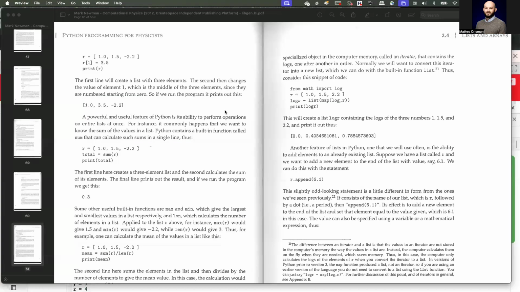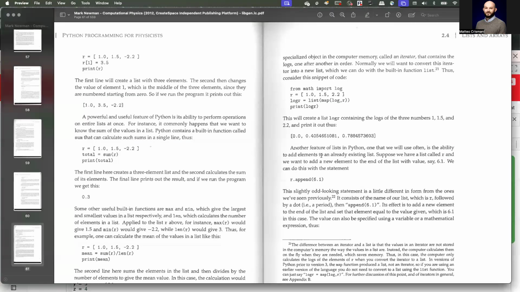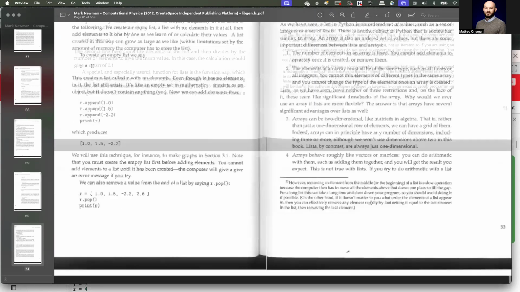So going back, the next thing it does talk about is the append function, which right here, what it does is it adds an element to your list. Hold on, I think I said that wrong at first. If you want to add an element to your list, you just put append and then whatever the actual element you want to show up in the parentheses, and it'll add that to the end of your list. And there's an example of that on the next page,